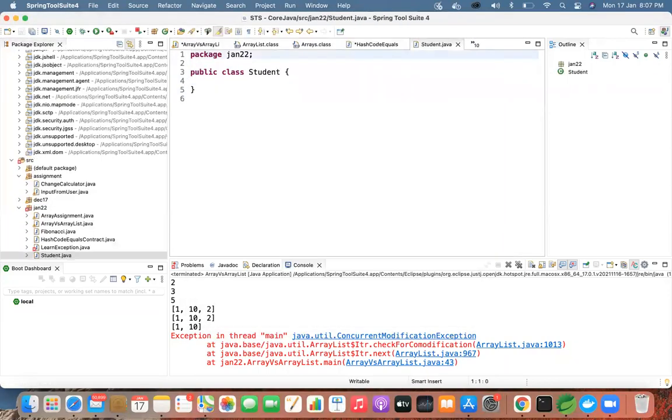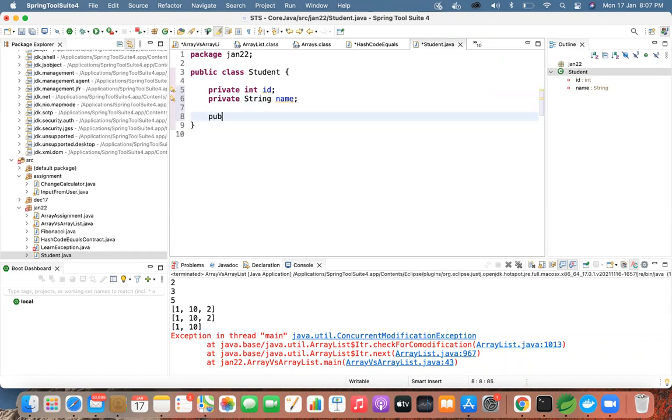Have two attributes, one as ID with int, another one with name. Create a constructor with the parameters int ID and string name to accept the ID and name and get them assigned.